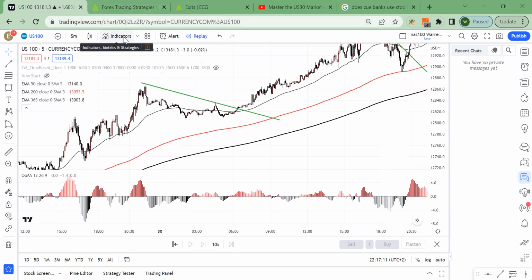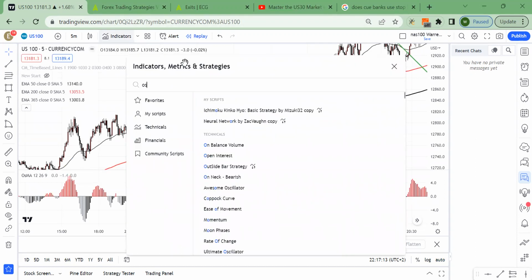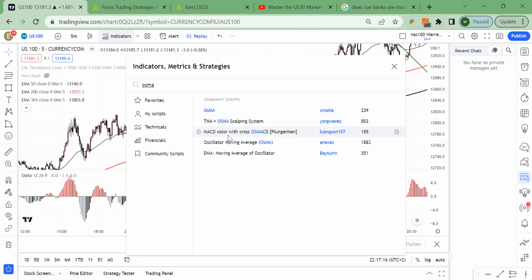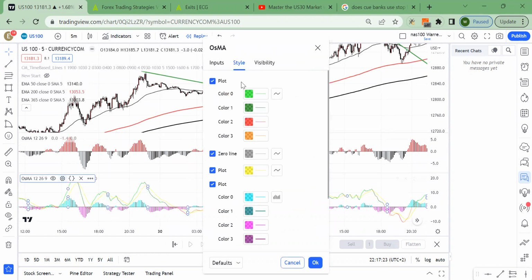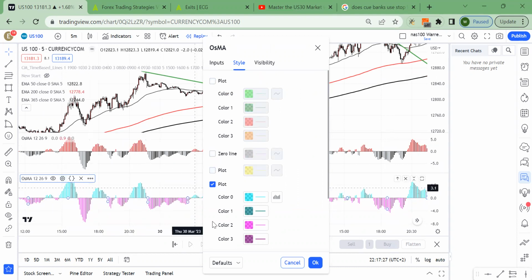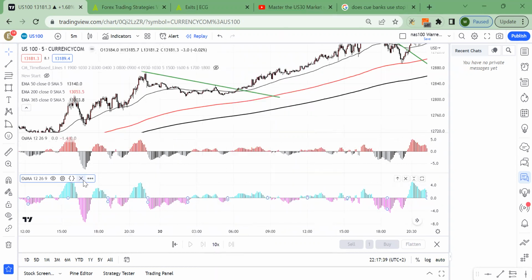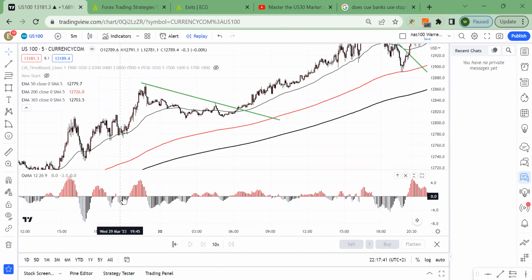First, if we do want to use the OsMA on TradingView, we'll go here. You choose oscillator moving average, right? There's all these funny kind of lines. So I'll go here, I'll turn the lines off because we only want the histogram, right? And then for me, I basically color coded it, changed the significance from red and black. So then if you look at, let me close this. If you look at this oscillator moving average,